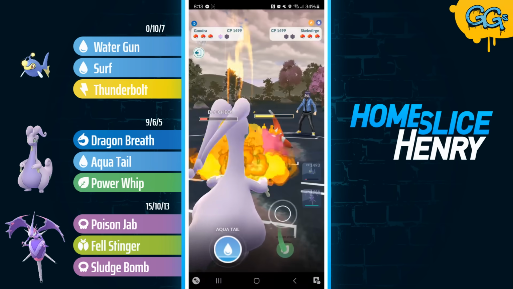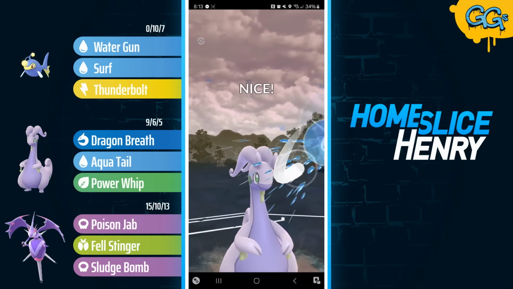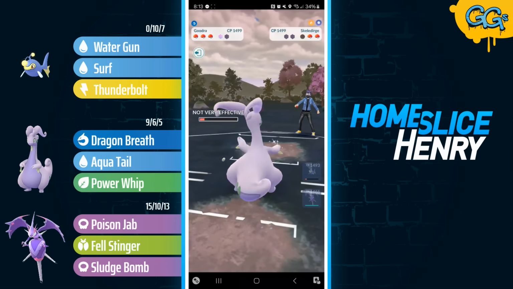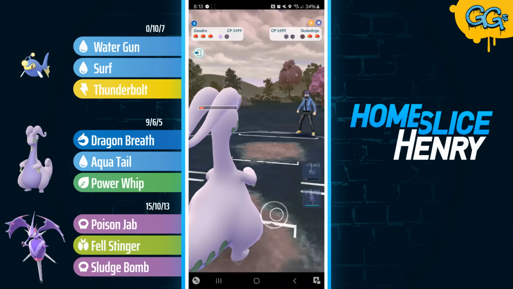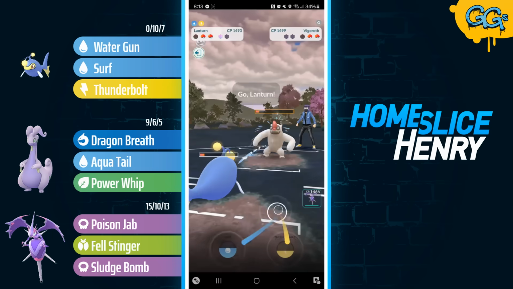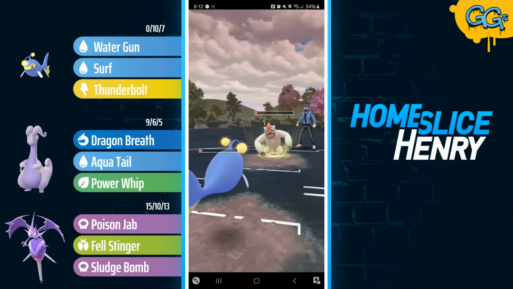I could have let it go and sent in the Lantern, but the Lantern is very, very low. I didn't want to risk getting incinerated down and then having no way to damage the Skeledirge, so I'm just going to fire off the Aqua Tail. Unfortunately, the Aqua Tail barely did not KO, so the Incinerate ends up registering, and that means that they can counter me down. I'm going to send in Lantern just to force him to throw,